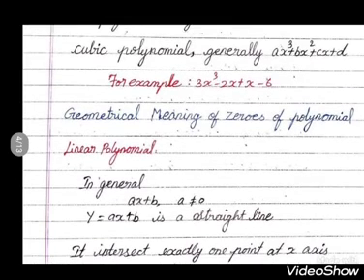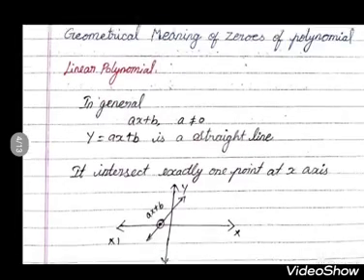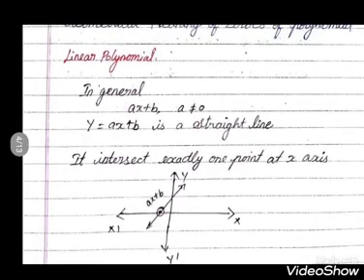If you draw the graph, you get a straight line. It intersects the x-axis at exactly one point. Just observe the graph. This is the straight line with the x-axis and y-axis, for the linear equation ax plus b. This straight line intersects the x-axis at one point, so we conclude how many zeros? Only 1 zero. How do we find the zeros? By observing the graph.